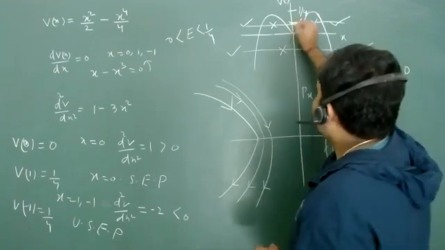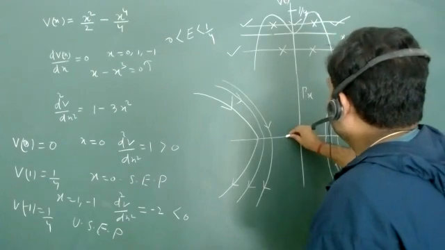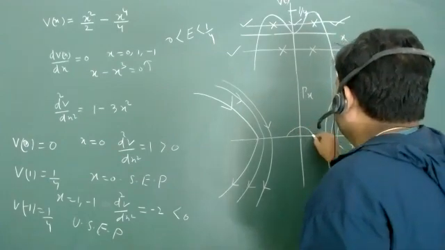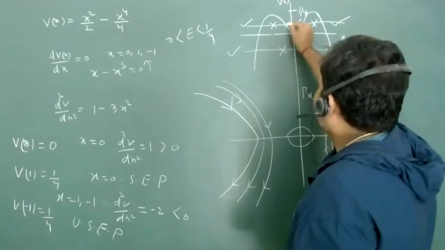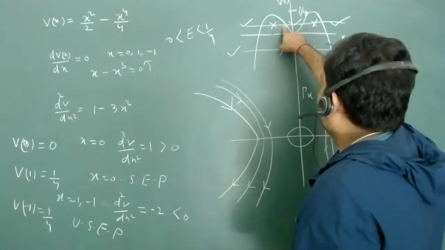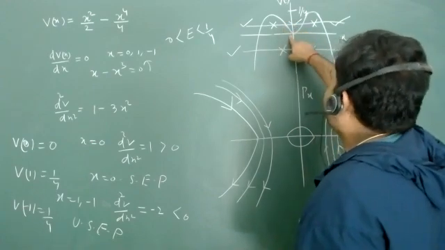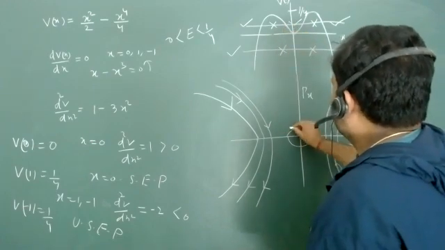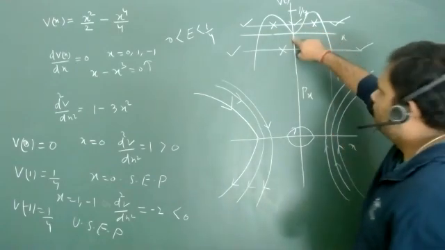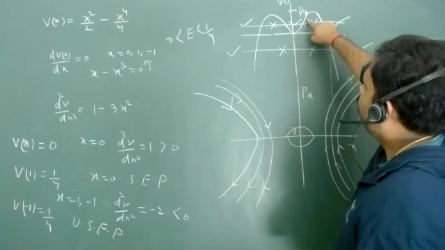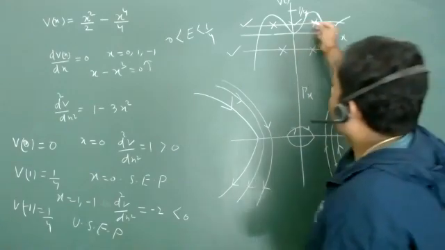Now, what about this region? What will happen to this region? This region will be exactly closed, isn't it? This is a closed region. So you will start from here. As you are moving towards the center, the potential energy is decreasing, so momentum is increasing. And if you are going from the origin to this turning point, the potential energy is increasing, so momentum is decreasing.